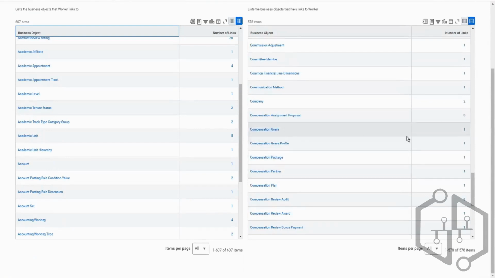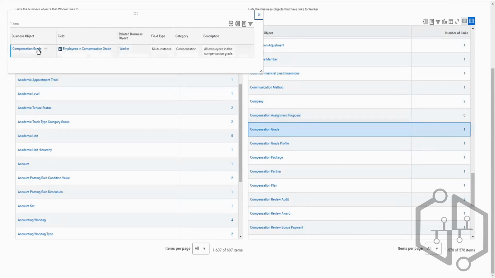So if I just talk about this compensation grade field, the business object this field is relying on is compensation grade, and the field name is employees in compensation grade, and the related business object to this is worker. Now this is a delivered field, but since this data is related to employee and it is the employee's compensation grade, they created it this way so that the related business information is coming from worker somehow. That's why they have related it to a related business object worker,